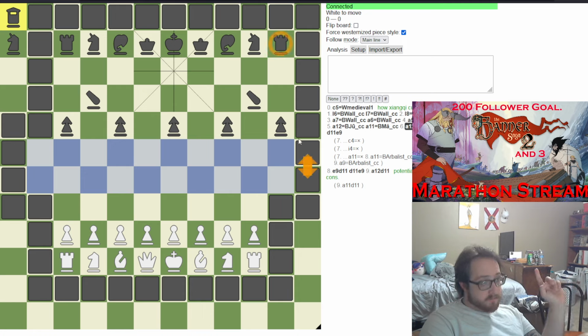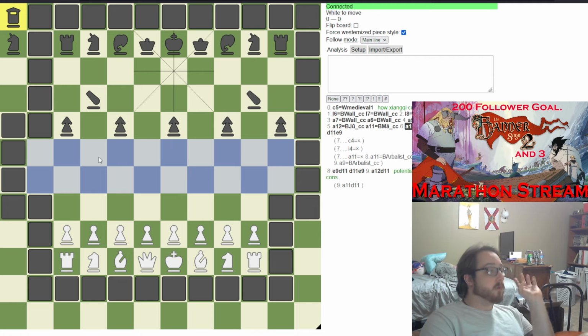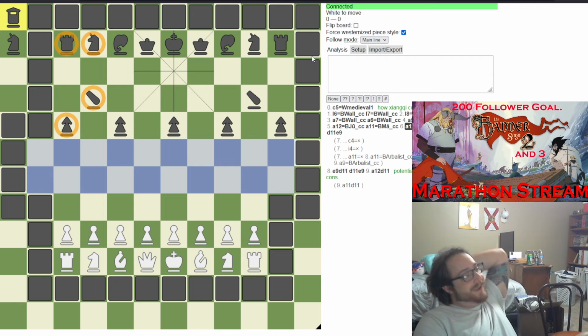Between the 5th rank and the 6th rank, from the Xiangqi territory's perspective, is the river. The river divides these two ranks. On the Xiangqi side of the river, Xiangqi rules apply for the most part. On the chess side of the river, chess rules apply for the most part. Now, what does that mean? What that means is, other than just how these pieces work, I do expect you to know how Xiangqi, Shogi, and Zhanggi work for this video. You got it. Anyways...